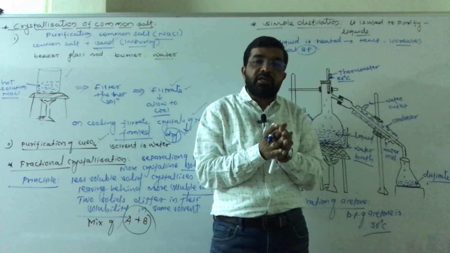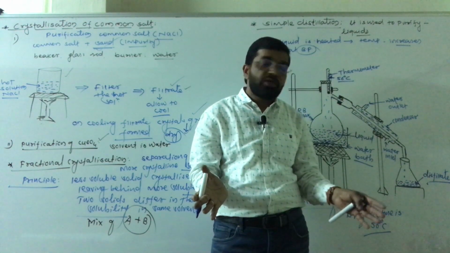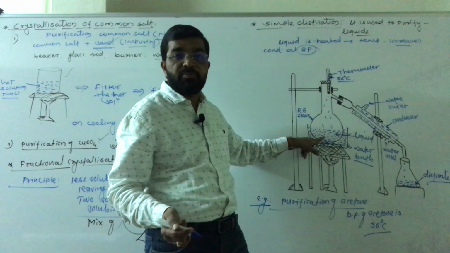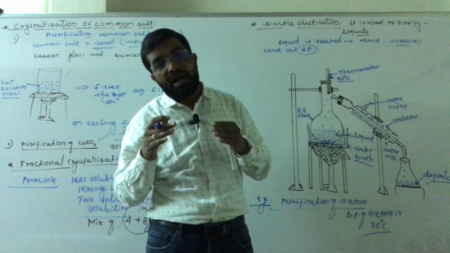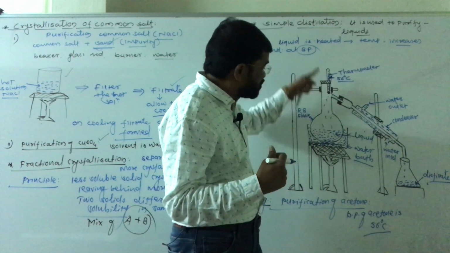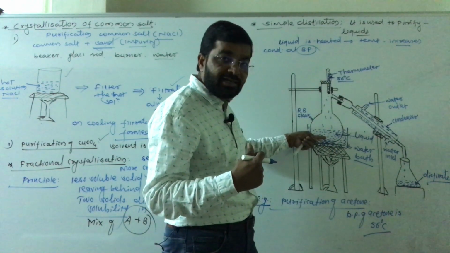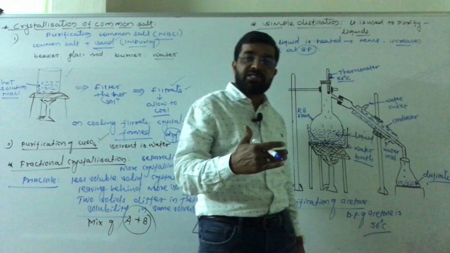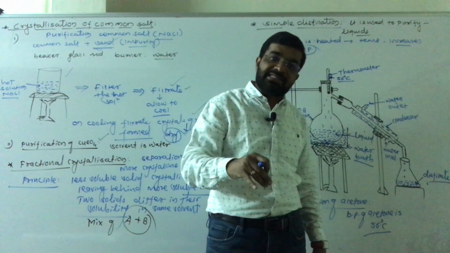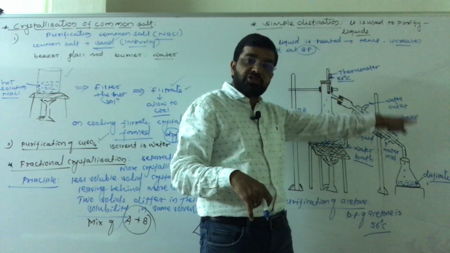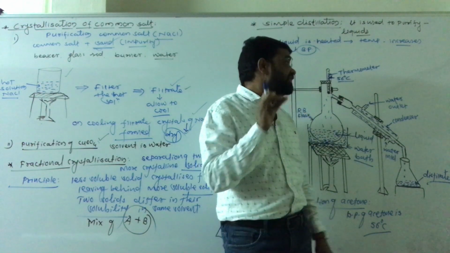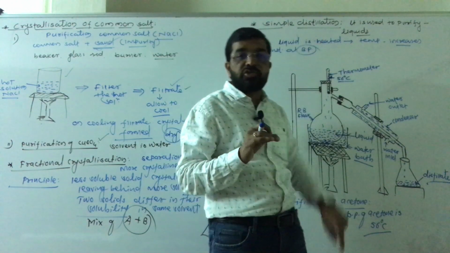So acetone is purified by the simple distillation process and collected here as distillate, and the soluble impurities will be left behind because those impurities have a higher boiling point than that of acetone आणि म्हणून त्या acetone सोबत वेपराइज होत नाही, त्या मागे शिल्लक राहतात. 56 डिग्री सेल्सिअस पेक्षा टेम्परेचर वाढायला लागलं की आपल्याला एक्सपेरिमेंट स्टॉप करायचा. Its meaning is that total acetone is distilled out, whatever liquid is left is nothing but the impurities, and this process is called the simple distillation process.